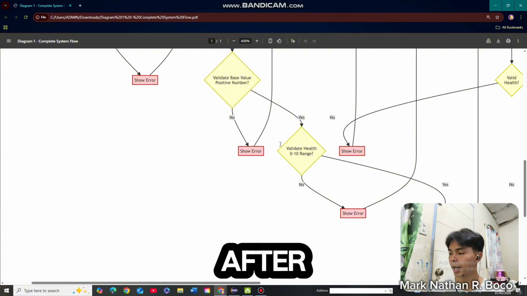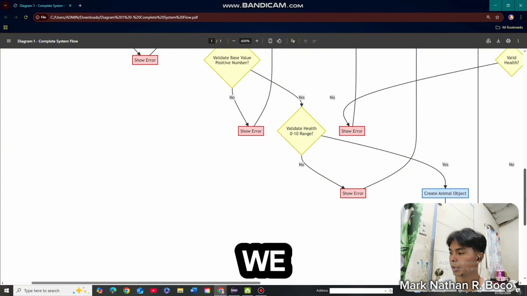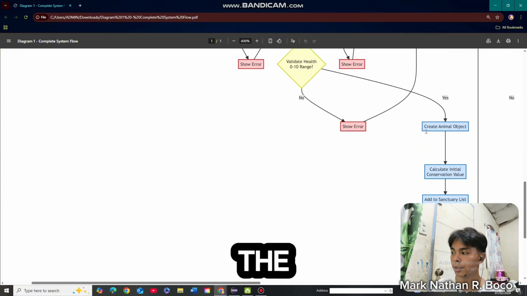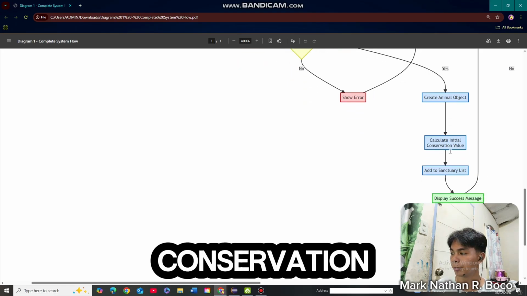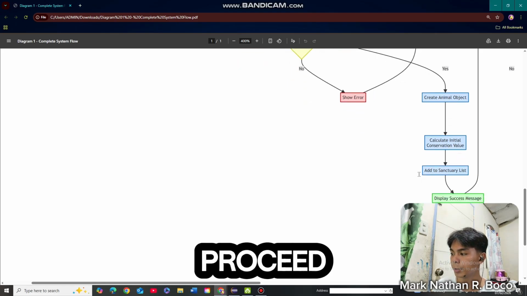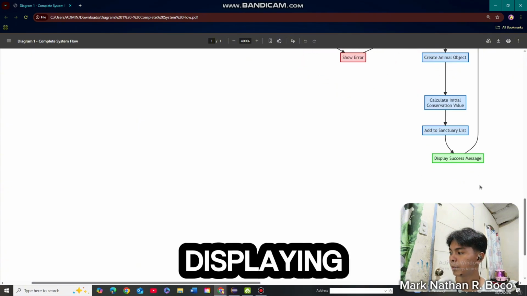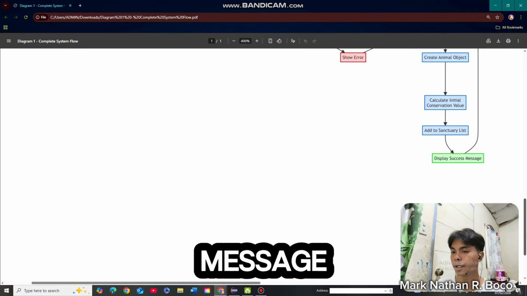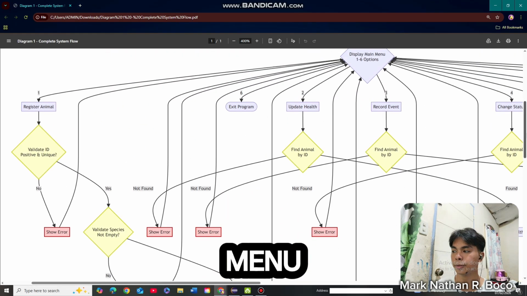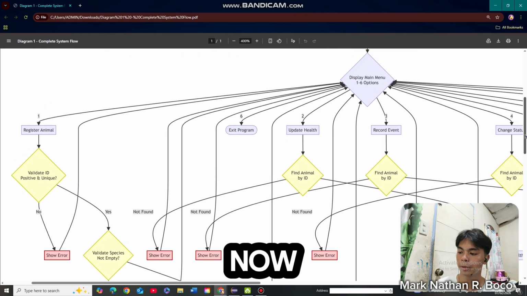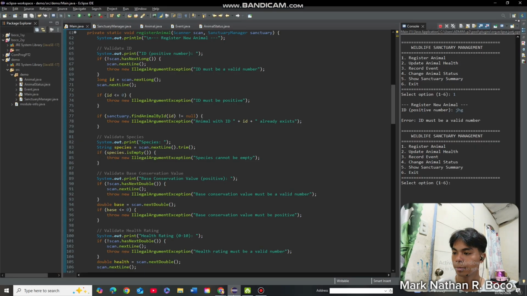After the validation, we proceed to creating the animal object. Then we calculate the initial conservation value and proceed to adding it to the sanctuary list. After displaying the success message, we return to the menu. Now, let's see this in the code.